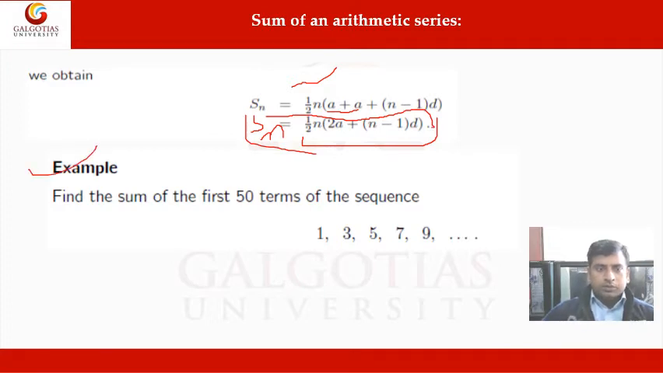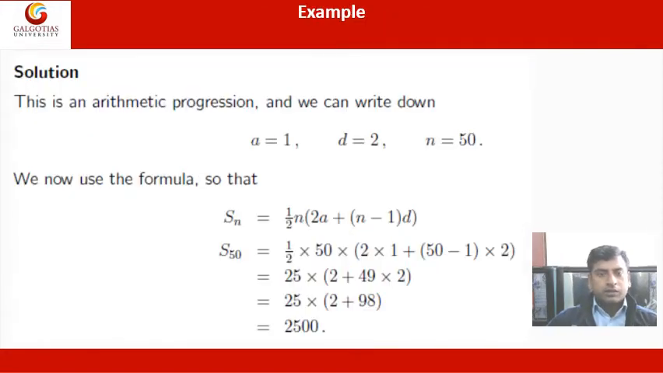So here is the example. Find the sum of first 50 terms of the sequence. So you have to find the sum of first 50 terms of this sequence. So this is an arithmetic progression. As you can see, we can write down here first term is 1, common difference is 2, and last term